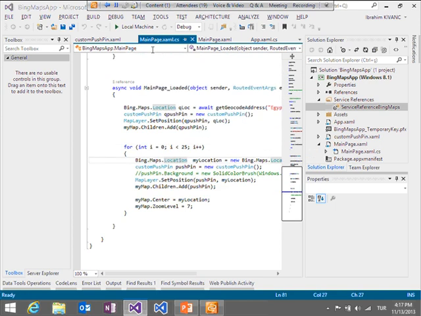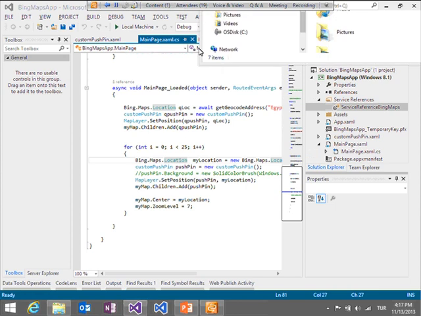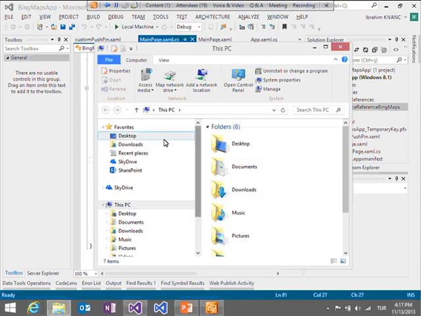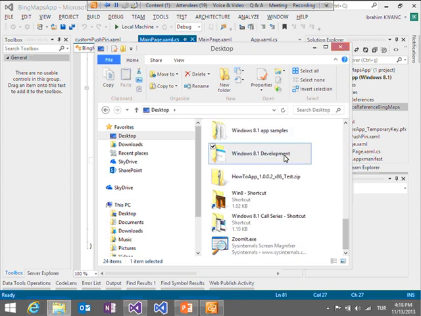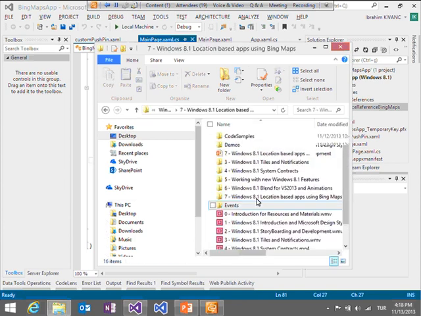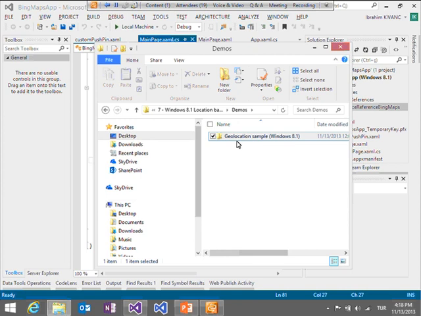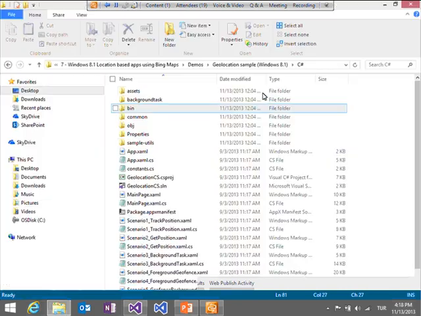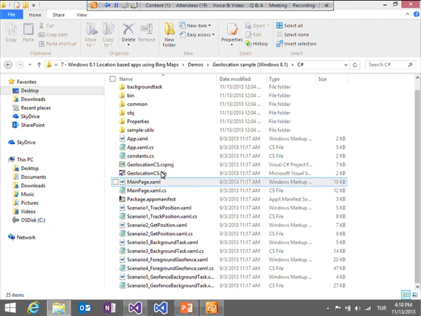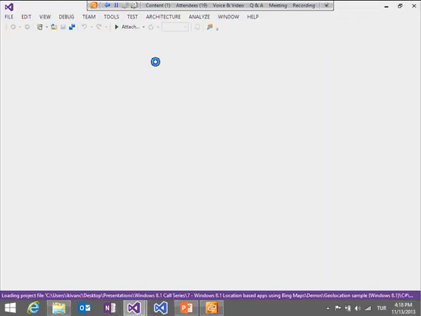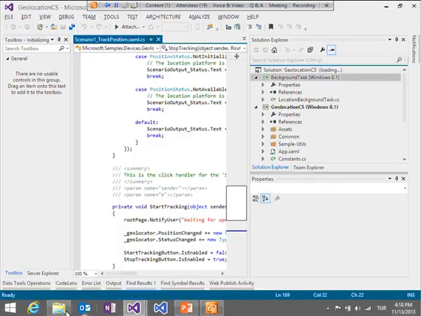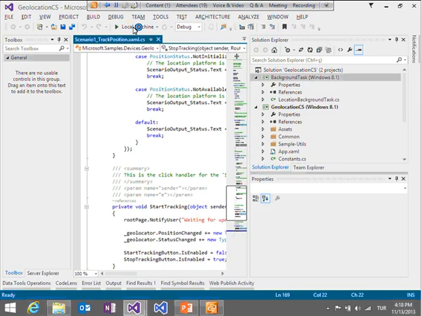Also there is a nice simulator for the application. You can just check it, and at the same time we have a nice demo. So let me show you. Let me go to the call series, the 7th one, the demos. This is again from the 200 samples. If you go there, you can check it. The name is the geolocation sample. So if you run this application,